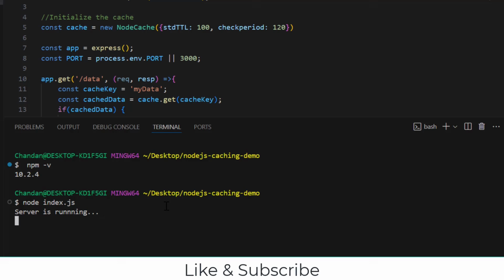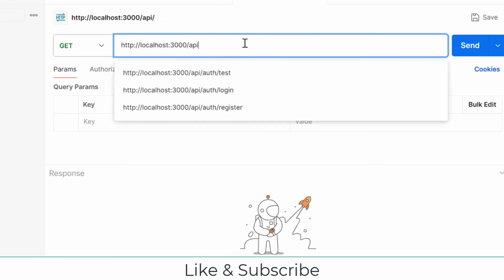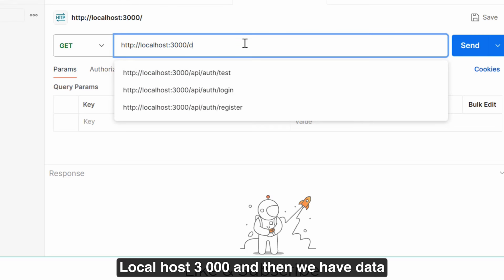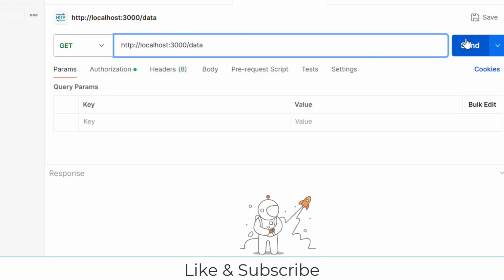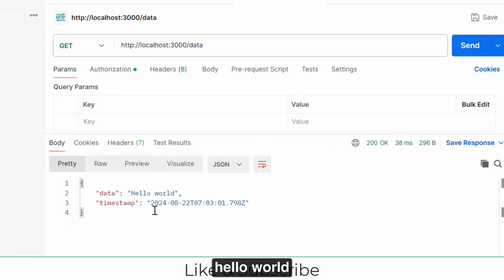Let's run it. So here it's saying server is running. We can go to Postman, and here write localhost 3000, and then we have data. Click send. So if you see, we get this response hello world,